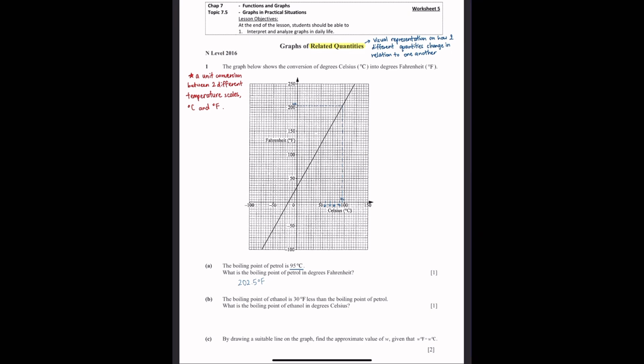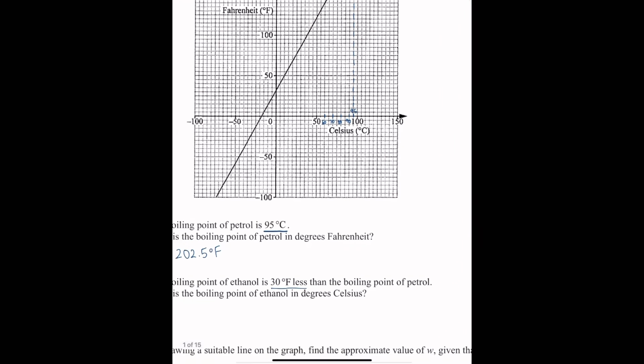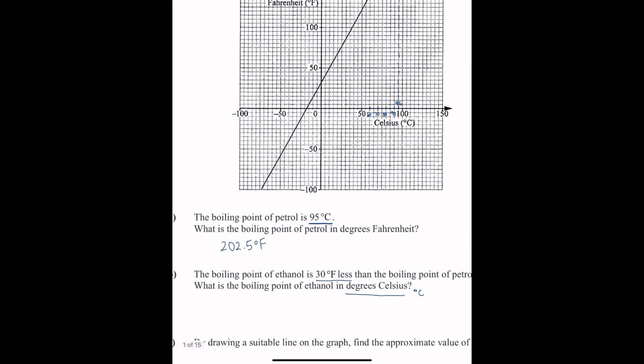The boiling point of ethanol is 30 degrees Fahrenheit less than the boiling point of petrol, which was already found in part A. But the question is asking you for the boiling point of ethanol in degrees Celsius. So first step, we take 202.5 degrees Fahrenheit, subtract 30, and you will get 172.5 degrees Fahrenheit. The question asks you in degrees Celsius, so what we can do,